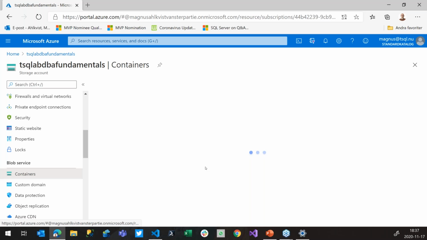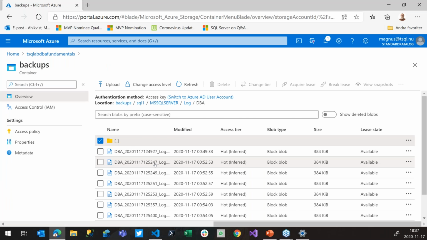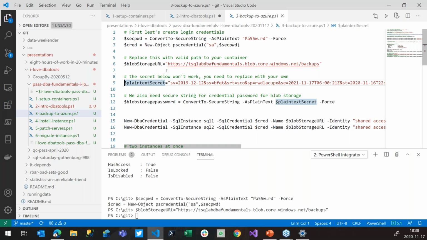If you want to do a backup to URL, you need to have a credential in your SQL Server, and that's what we're going to create now for my storage container. So let's start with creating the credential variables. I create a variable to store the URL of my storage container. And then inside Azure, I have created a shared access signature, which I will use for authentication in my credential